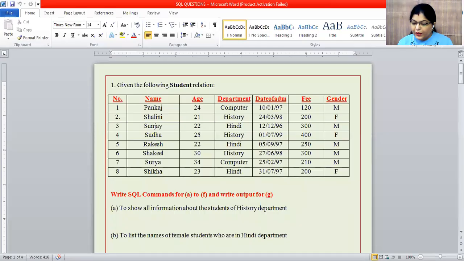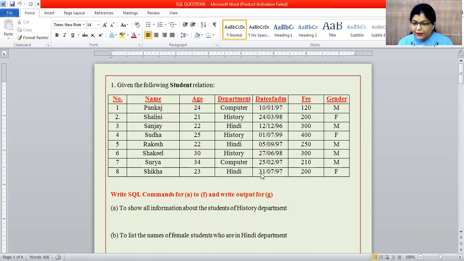In the previous video, we covered the various SQL commands, like how we can create a database, how we can create a table, how we can insert the values, and so on. Now in this video, we'll start with the 5 marks question. In our CBSE exam, a 5 marks question on these commands comes every time. So we will share that.